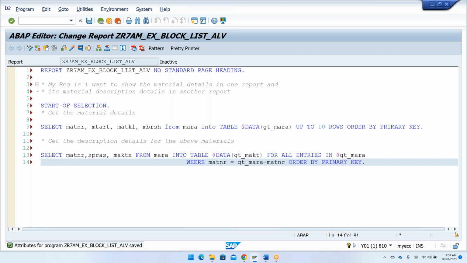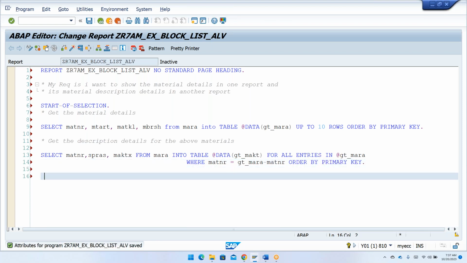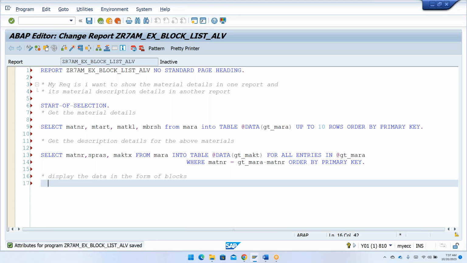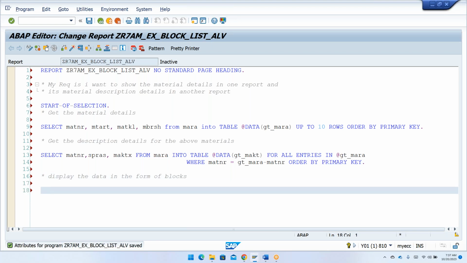So I'm just doing my sorting. Now it's time for me to display the data in the form of blocks. In order to populate the data in the form of blocks, step one